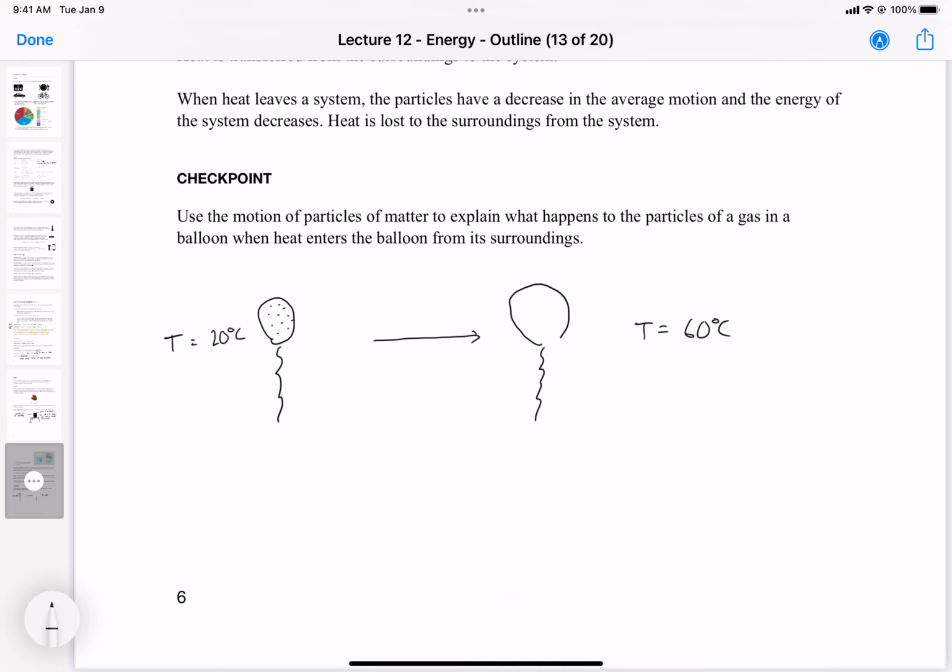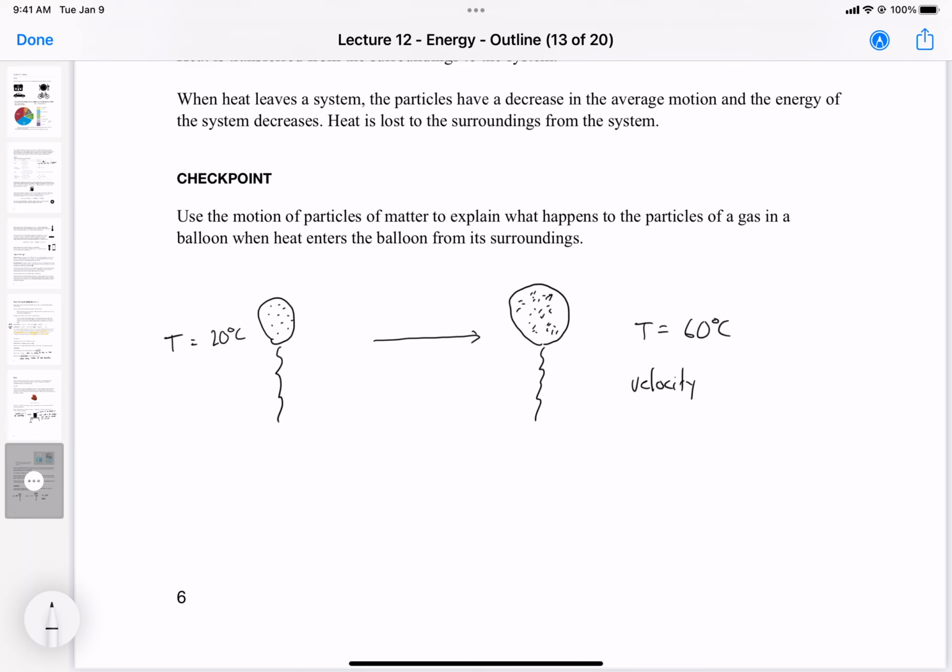So you get a bigger balloon, right? So the gas particles are going to be moving faster here. So I'm just going to say, okay, they're moving faster. Give them some speed lines here. But it kind of looks like more particles. But just imagine that what happens is when this increases,